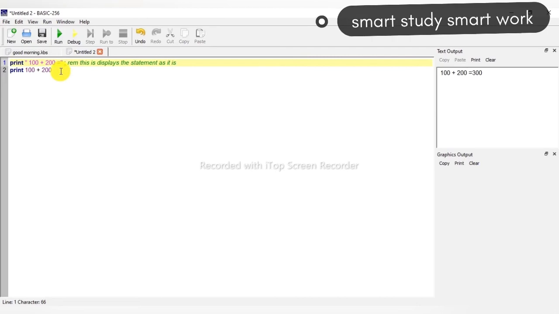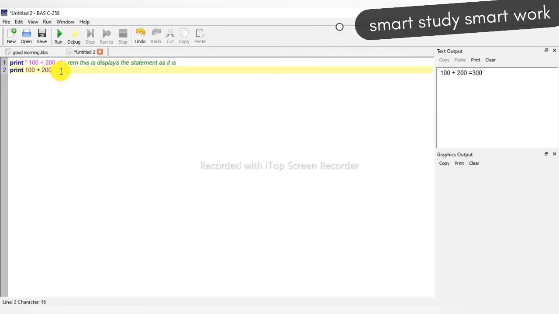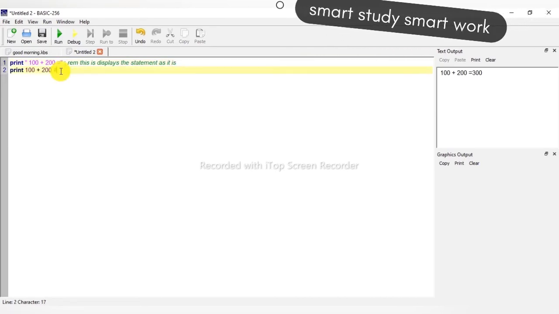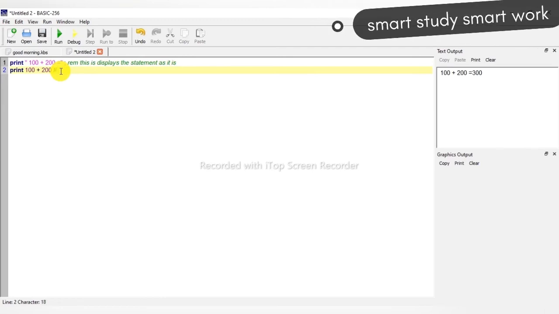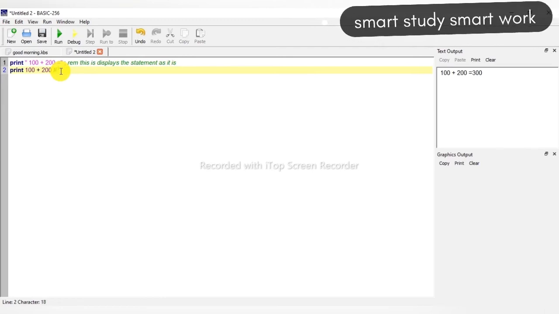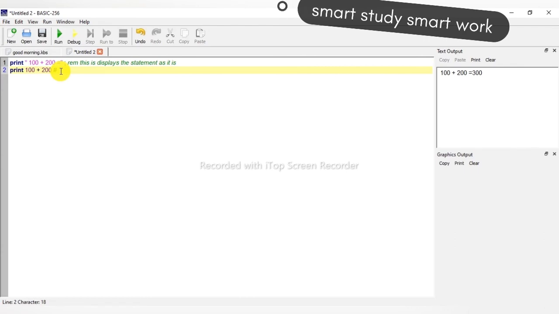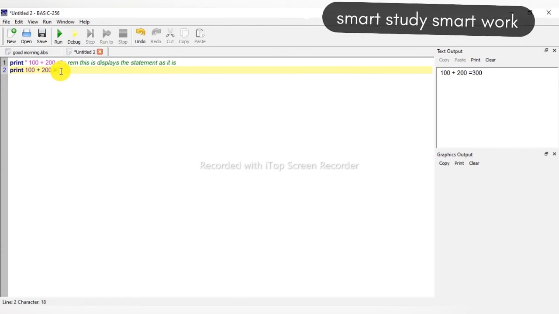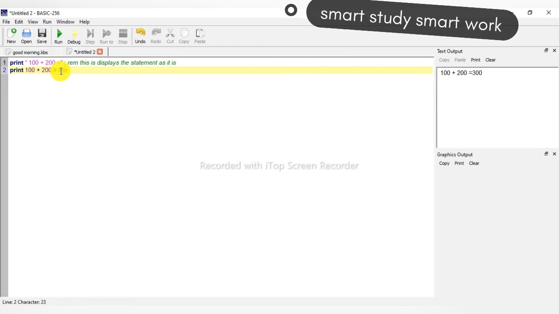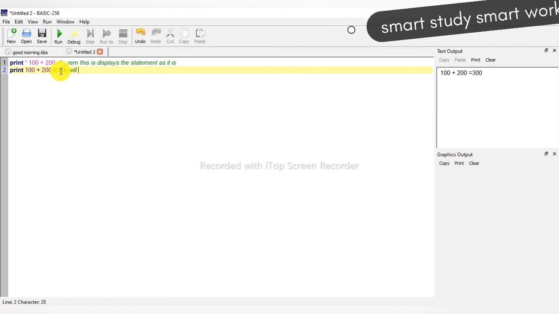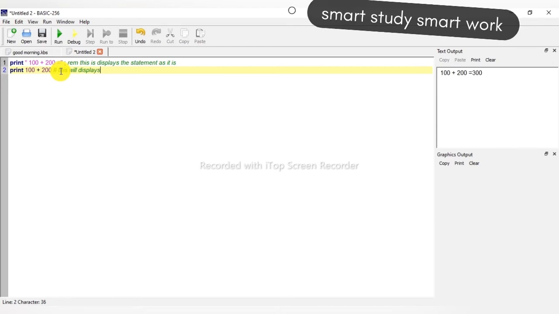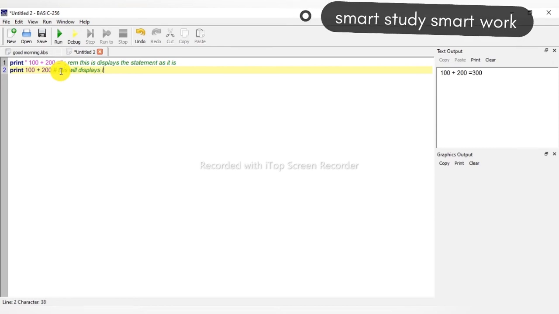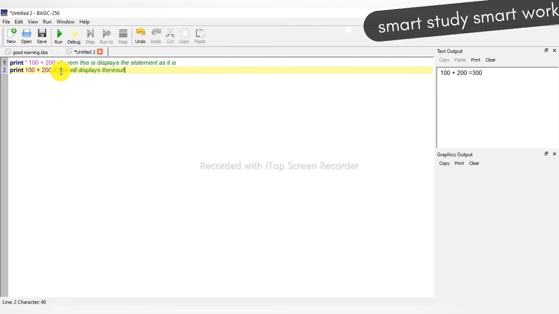Now here I will use hashtag for giving comments. This will display the result.